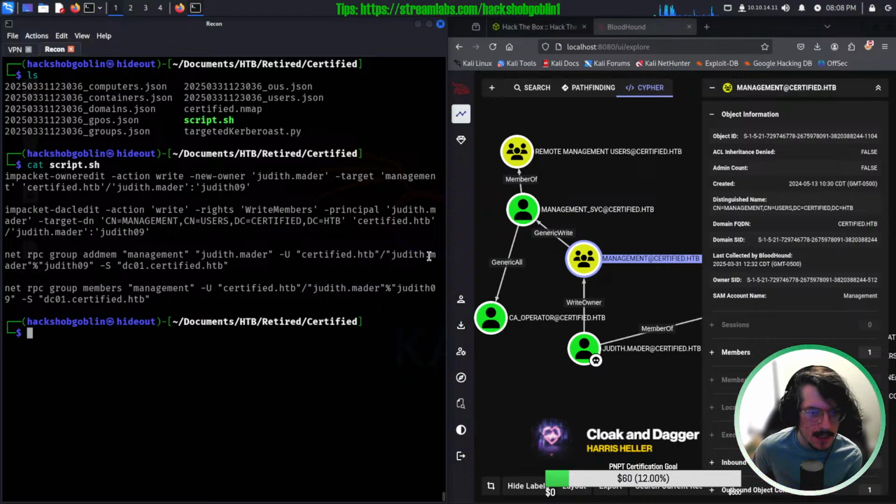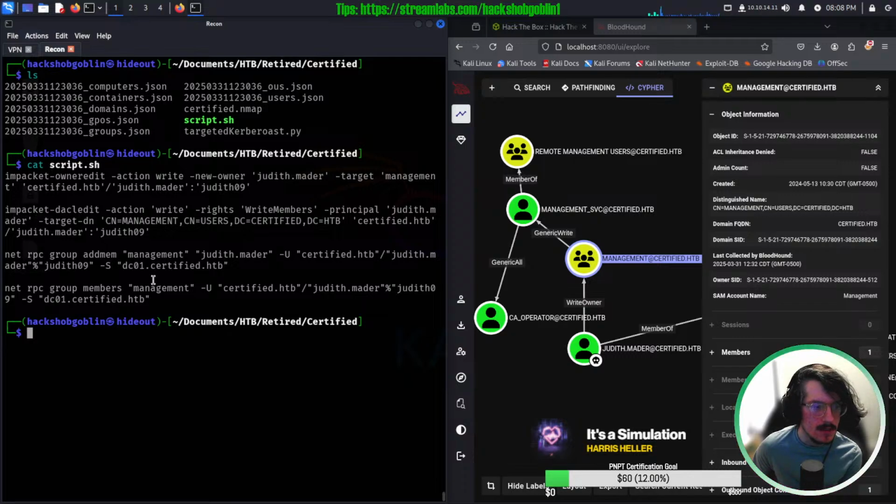We have our domain, we have our user. There is a % required, I guess, for RPC with this. Potentially for character escaping or something, I'm not exactly sure. And then Judith09 is her password, and then we specify a domain controller, and we do that with the -S flag, and that was